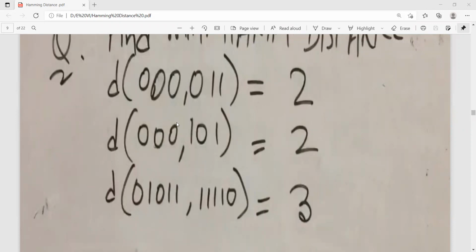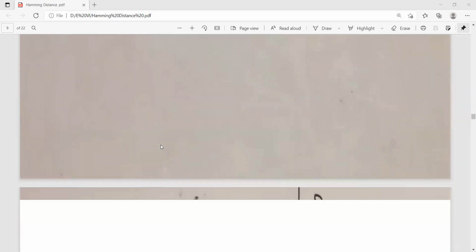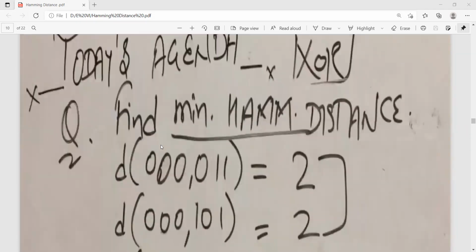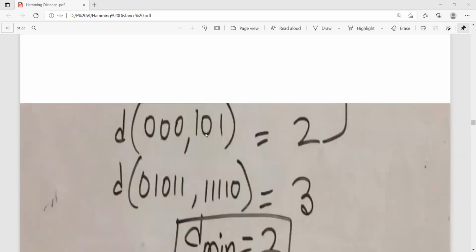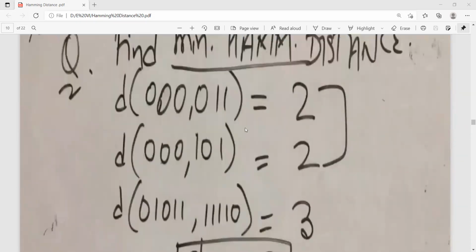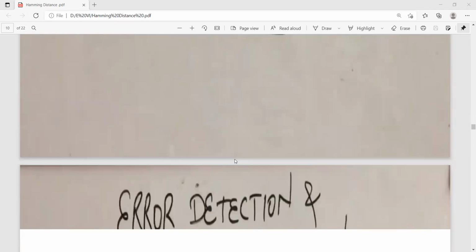First one, 2 errors are detected. Second one, two errors, but third one, 3. So the minimum Hamming distance is 2.